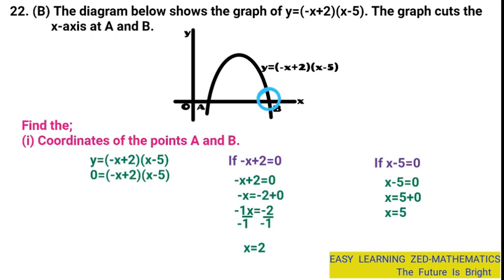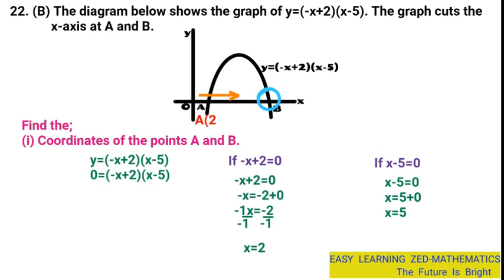Remember, when counting positive numbers, we start from 0 going to the right side. That means A is coming first before B. That means the point A should have the smaller number. Therefore, the coordinates for A can be